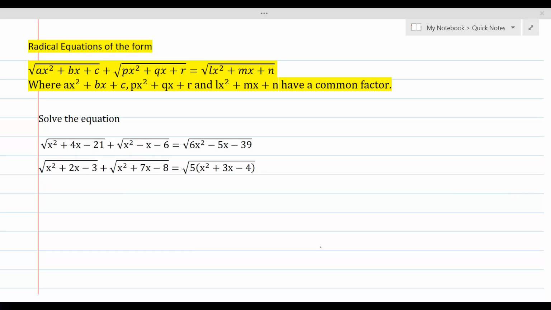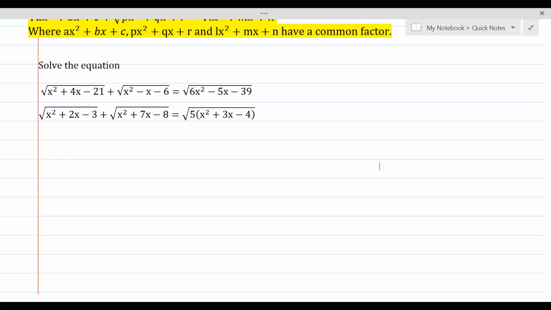In this lesson, we'll learn how to solve radical equations of the given form through solution of examples. Let's get started with example number 1. The given radical equation